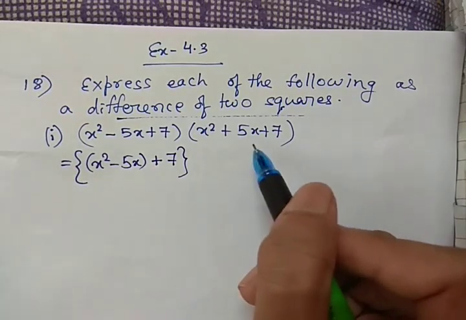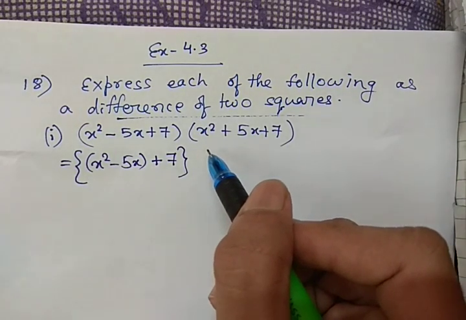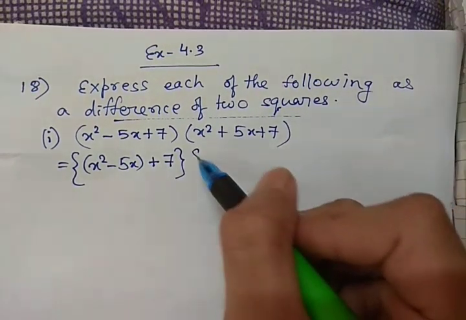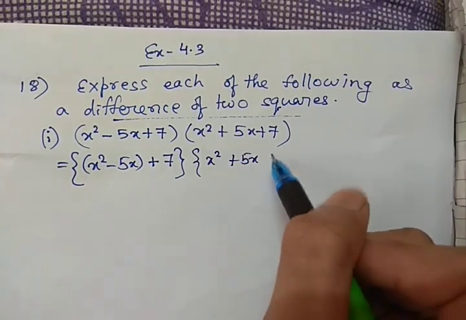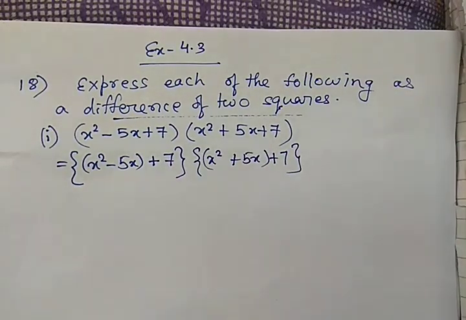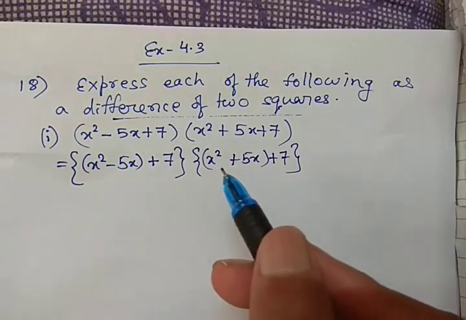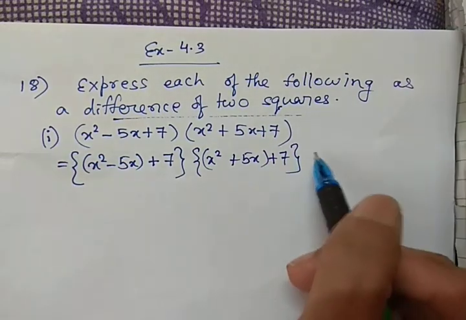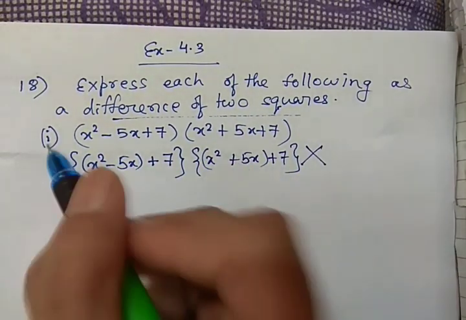And in this case we group it as x square plus 5x plus 7. Okay, so after grouping we cannot find any format of expansion, that is we cannot form a square minus b square or (a plus b) whole square or (a minus b) whole square. So let us try another rearrangement. So this is not correct because we are not able to find any similarity. Okay, so let us try.